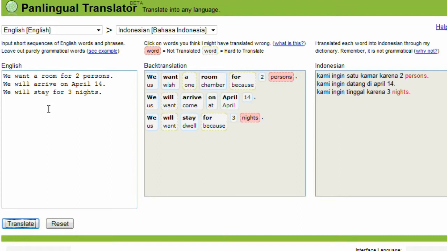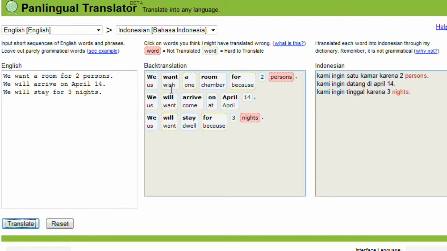This is your original message, which you can freely edit and retranslate. This is a detailed view of your message. The bold text is your word, and beneath it is a back translation. Panlingual Translator chose what it thought was a good translation of your word and translated that back into your language. This way you can tell if it mistranslated your meaning or if it got it right.